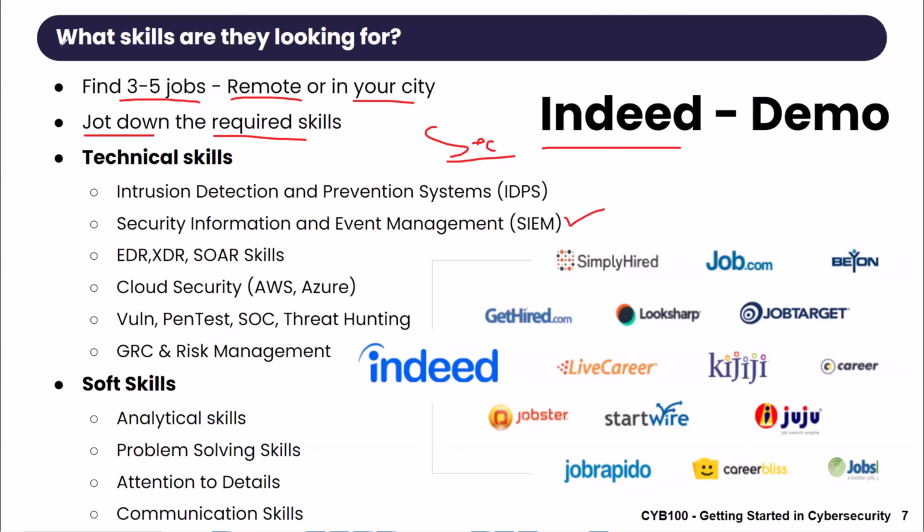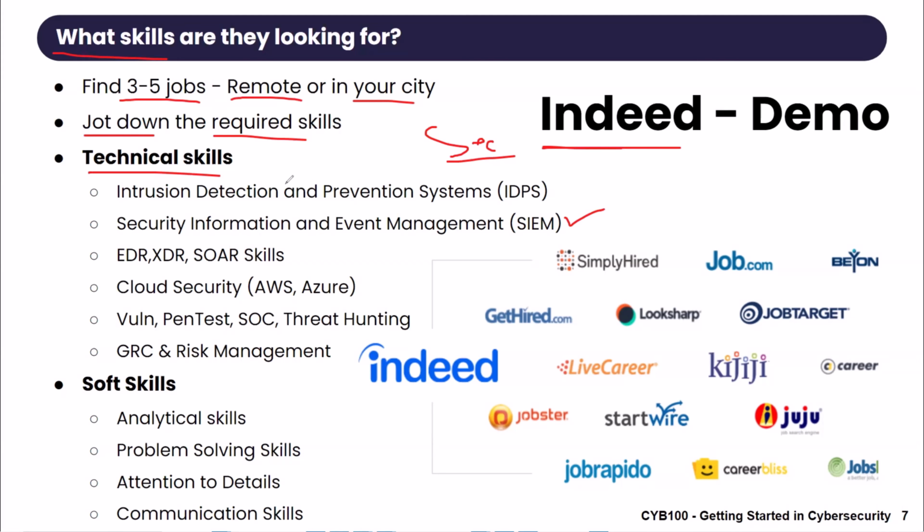Now, I'm saying this as a way of the things you need to practice. Right? Things that you need to put your hands-on experience into, because the certifications are going to give you the overview. It's a broad general knowledge, but you want to specialize in a few skills so that we have things to put on the resume. And there's no better way of doing this than going to the job search engines and starting there, because these are the actual jobs that you can apply for.